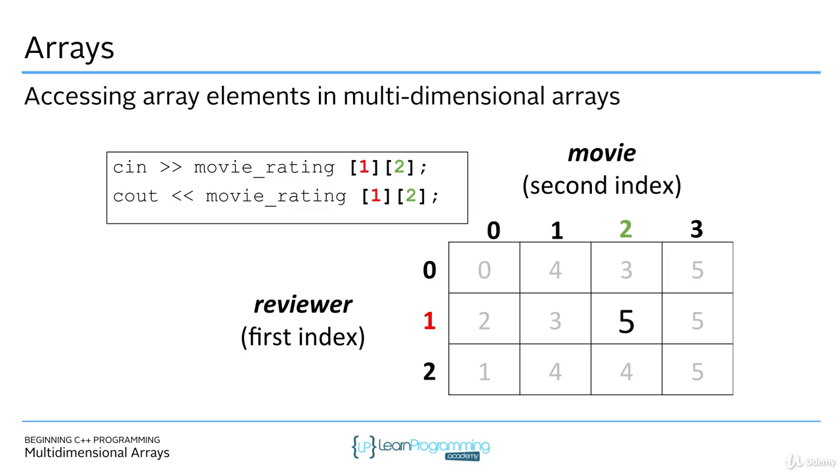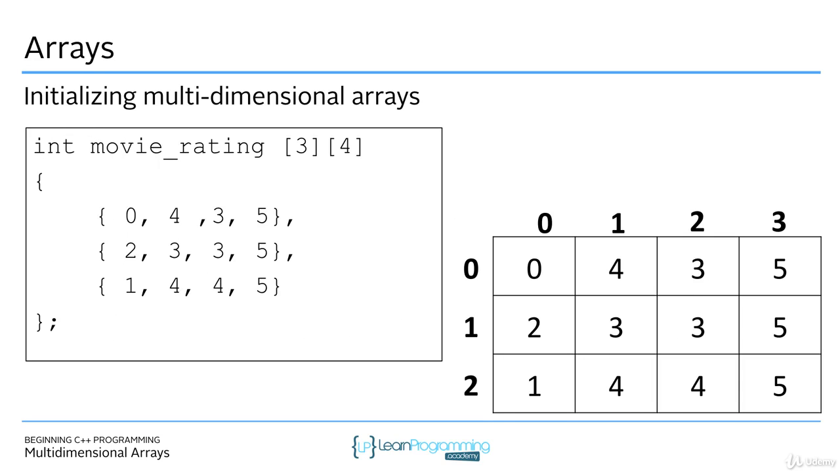Initializing multi-dimensional arrays uses the same initializer list syntax that we saw with one-dimensional arrays. In this case, we provide in the initializer list the rows of columns. You could do this in a single line, but it's much more readable if you split it across lines as I've done here. You can see the initializer is providing 3 rows of 4 integers each, which is exactly how